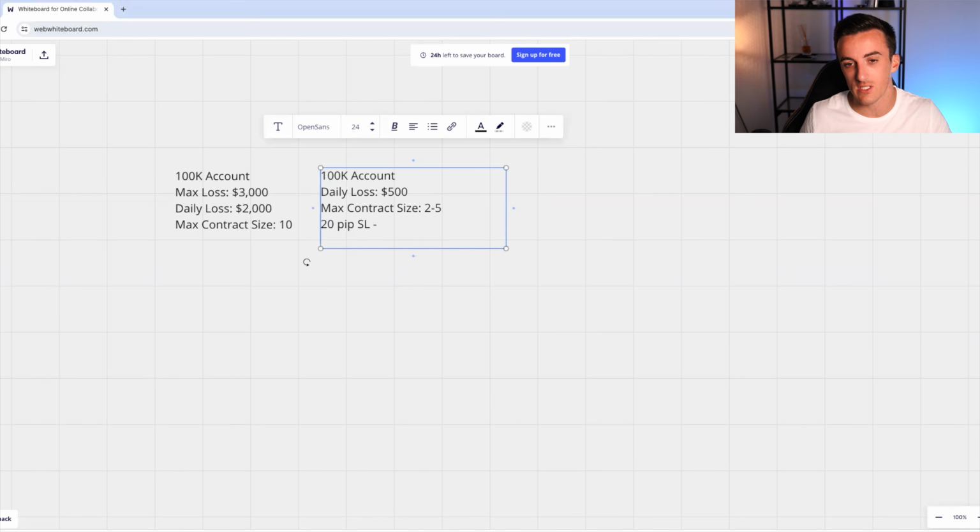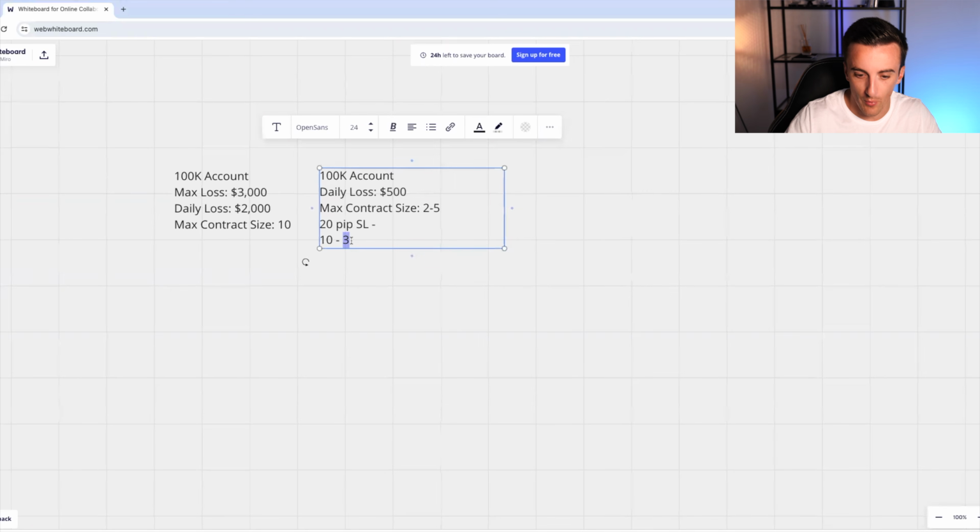So if I only want to be risking $300 on the first trade, remember 10 ticks to work out what the contract size would be. $300 risk is going to be 3 contracts. If I want to trade with a 20 pip stop loss, then I want to be trading around 2 contracts. You can't trade 0.5s, but I could be trading 1 to 2 contracts and seeing how I can manage my risk. For this trade, I'm going to be risking on my first trade